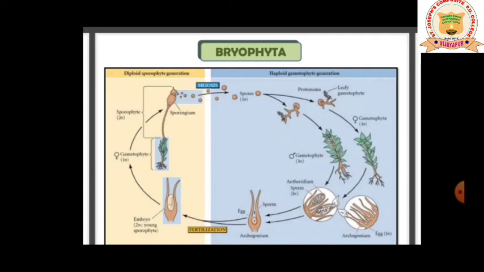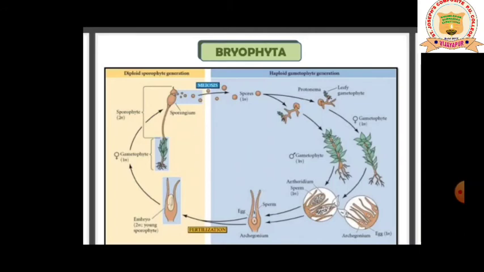See my dear students, it's a very peculiar characteristic which you are going to see in the bryophytes. First they are going to produce the gametes, male and female. When they fuse, you would expect them to divide and produce a separate plant, but it's not like that. The zygote will not go for the division. It will produce a multicellular body. We call it sporophyte. The sporophyte is not free living but attached to the photosynthetic gametophyte and derives nourishment from it.